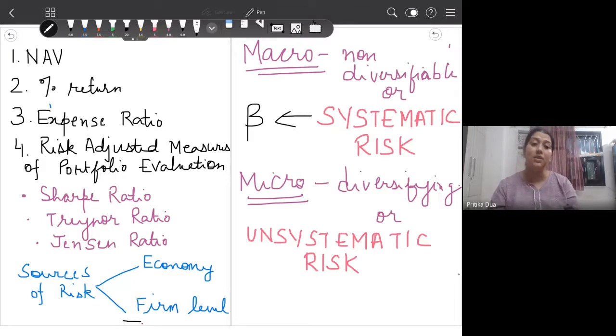So for the systematic risk of the market, the true measure is beta. With the help of beta we calculate the total systematic risk, and there is a formula for it, but we say that beta is the measure of systematic risk in the market, which then helps us calculate the total percentage of systematic risk. Beta is an absolute measure. There is no unit for beta. It's an absolute measure. On the other hand, your unsystematic risk, as I told you, it can be